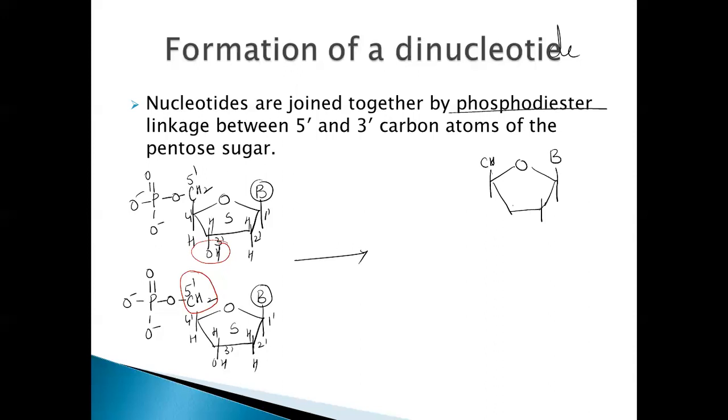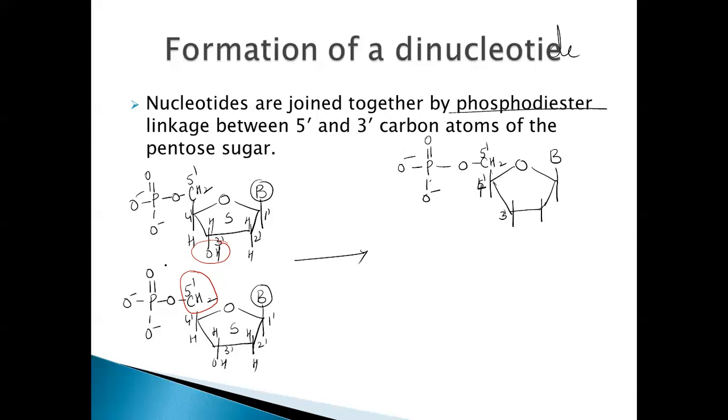So we have CH2. We'll write this as it is. We are not changing. So double bond O, O minus, right? So here this is a 5'. No, this is 4', this is 5'. Right. So this will be 3'. So 3' of this is linked to the 5' of this. So this is how this is formed.